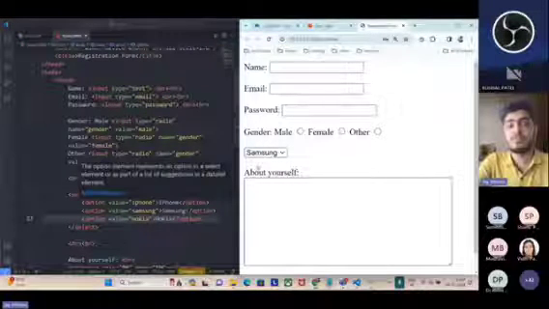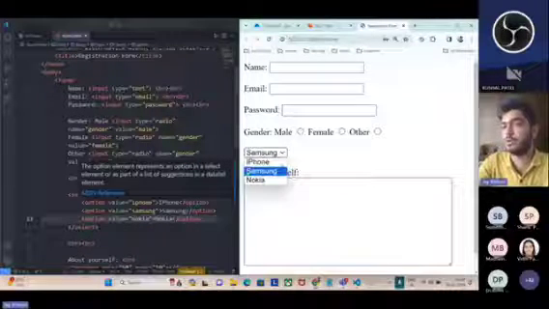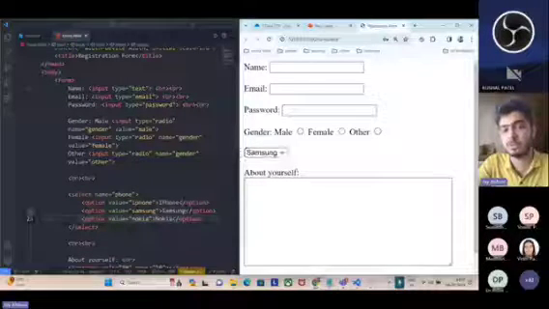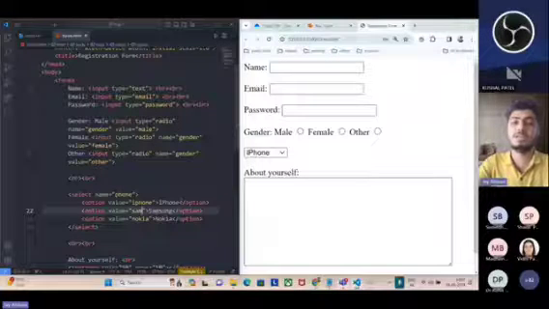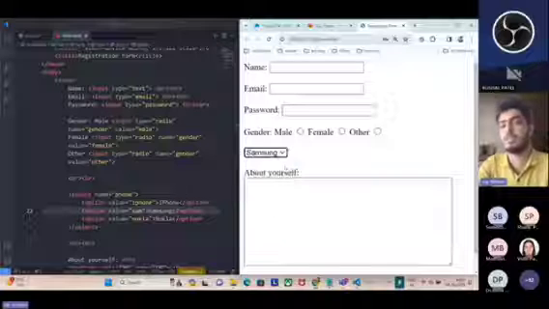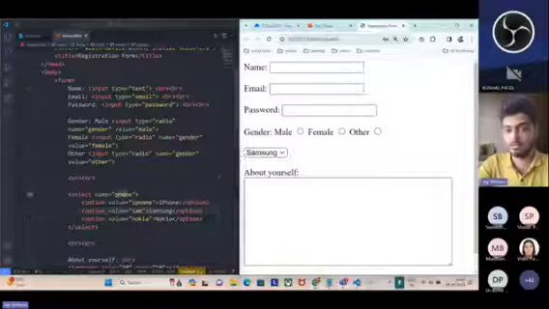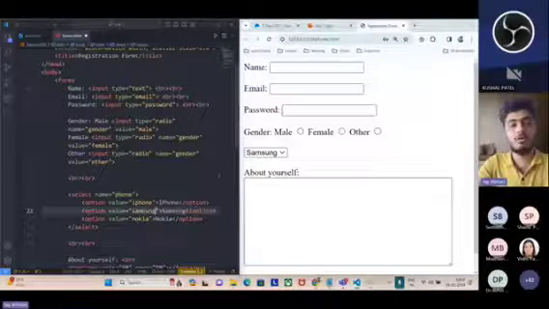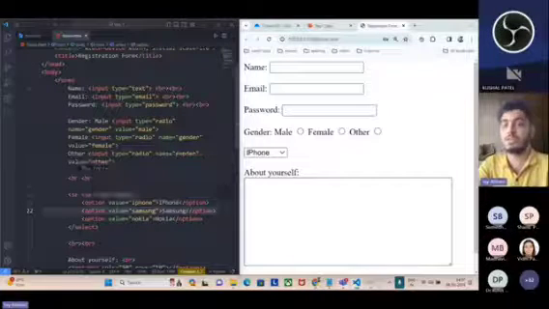Now, if the user selects Samsung, right? So it is not this text that is going to be stored. What will be stored? The value corresponding to Samsung. So what is the value? Samsung here. If I write just Sam here, then Sam will be stored. Here there will be Samsung only, right? But if you select Samsung, the value that is going to be stored under this name phone will be this Sam and not Samsung, right? So I hope the role of value and name attribute is clear to all of you,